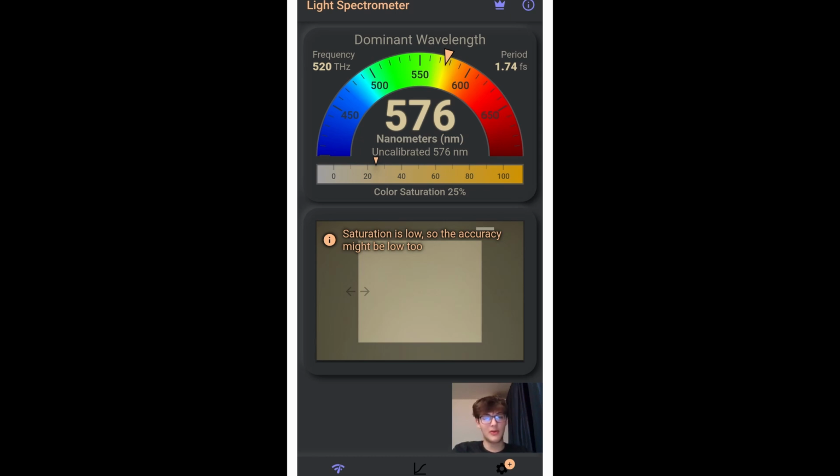And in the top right corner of the section of the screen, you can see the period of light displayed in femtoseconds. A femtosecond is equal to 10 to the negative 15th seconds. And then the top left is the frequency displayed in units of terahertz. 1 terahertz is equal to 10 to the 12th hertz. At the bottom of the section is the slider showing the color saturation of light sources, basically how strongly colored